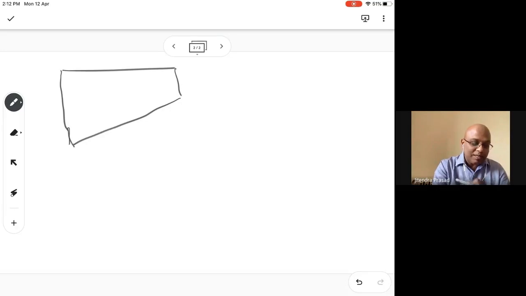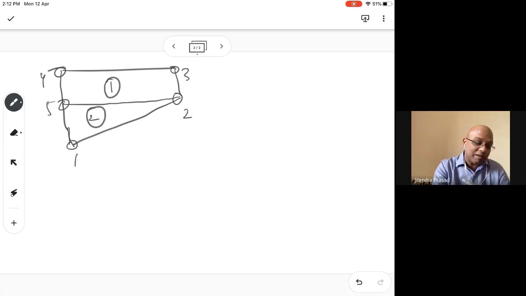And you are saying whether you can do like this, right? Yes, sir. You can do it. It's up to you, up to the problem. So you can also do that. It's possible to do it. You can combine them. So in that case, you will have again 2 elements, number 1, number 2, and you can give a numbering accordingly, 1, 2, 3, 4, 5. Of course, the stiffness matrix for this will be different. You give the coordinates there and all those. So you can do it. No problem. You can combine them together.